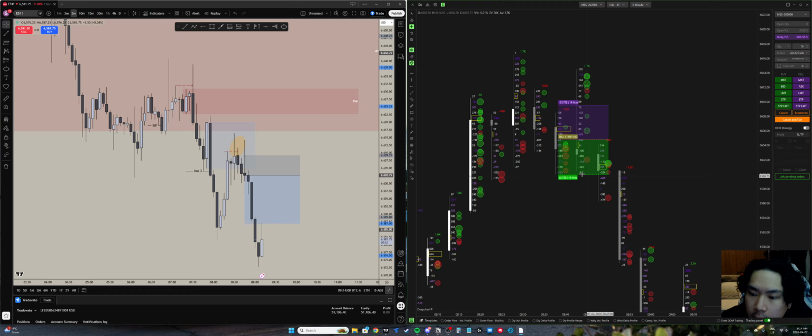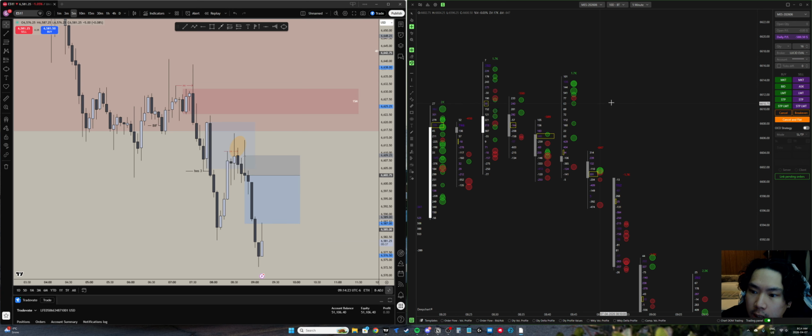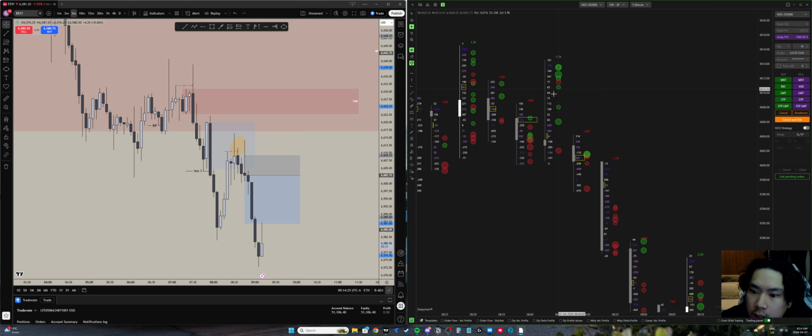buyers went like this, thing shot the hell up. It was crazy, super fast, and immediately the reaction was back down. So that tells me a whole bunch of buying got absorbed here, right? So passive sellers are still holding their position up here, while these aggressive buyers are getting absorbed. So once those buyers got absorbed,